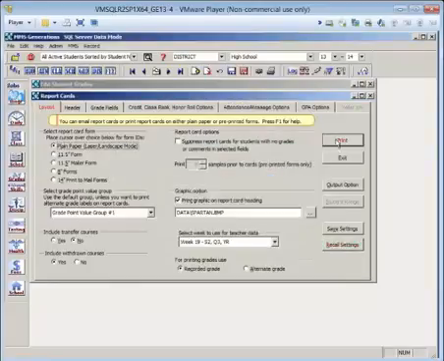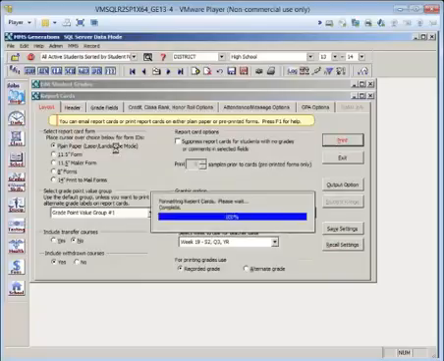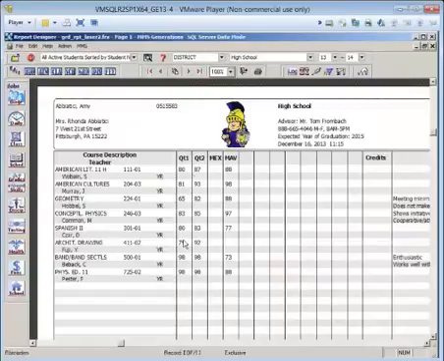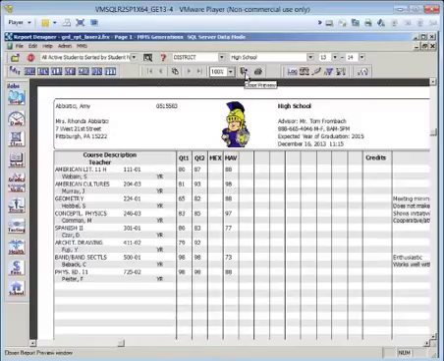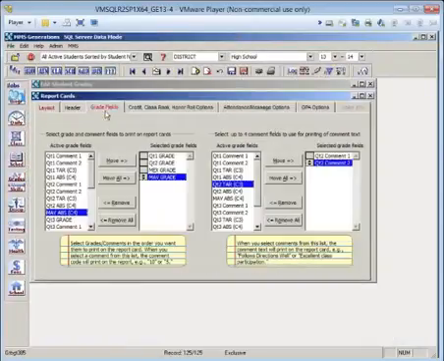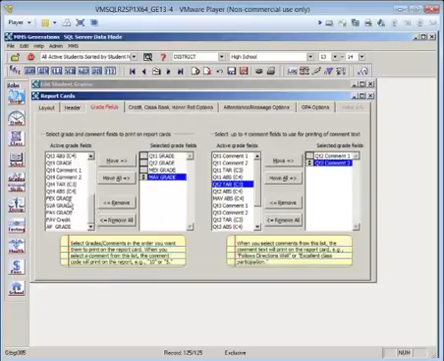And I had a question on how many grade fields or columns do I have for each of the courses. So I have 12 different grade fields that I can use before I get to my credits. Now, if I don't have anyone who's putting in mid-year exams, then I have the option to not put that field in. Or if I wanted to be able to see final averages, because I might have some semester courses. That just depends on which ones I want to work with here